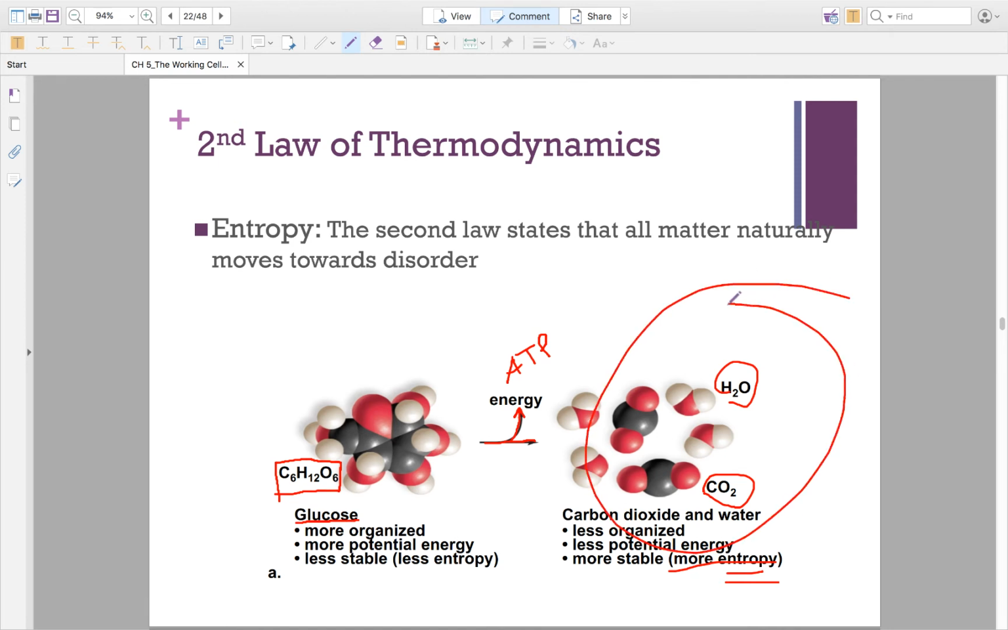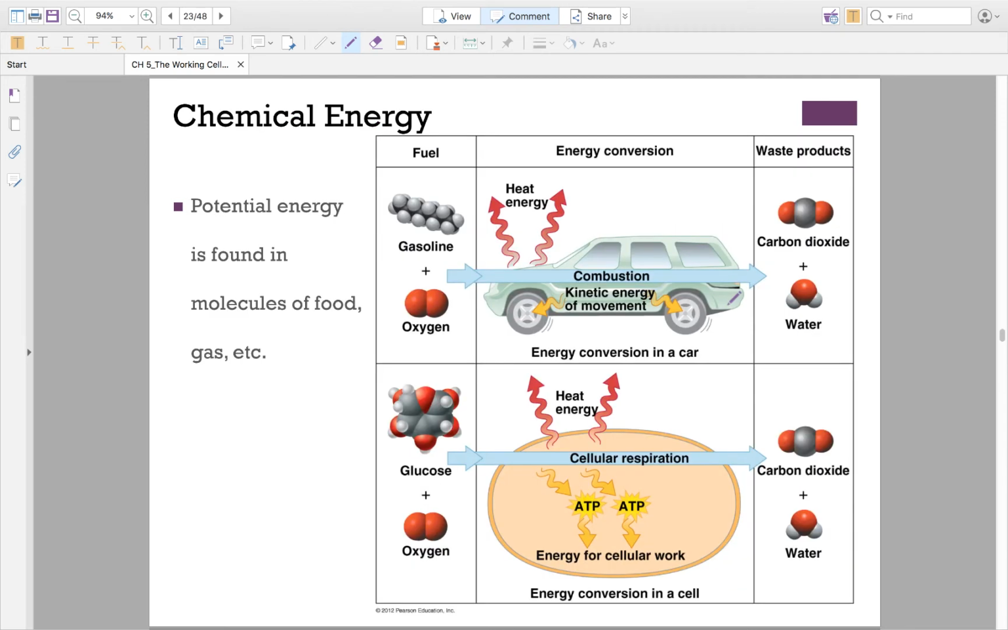This mess, I guess you could call it. Either way, that is the second law of thermodynamics. Things in nature tend to move towards disorder. And in this particular situation, glucose just happens to be a high energy molecule. All right, so let's look further at